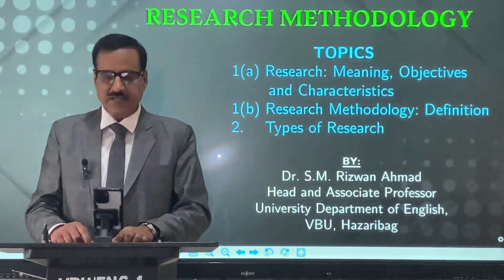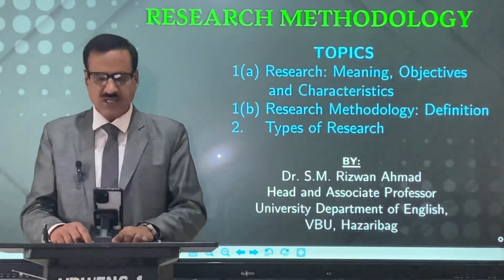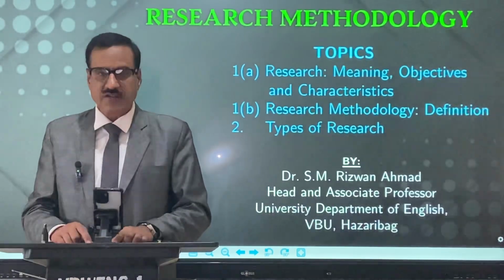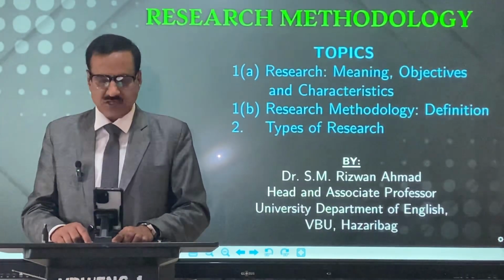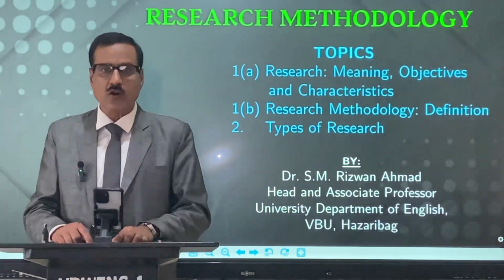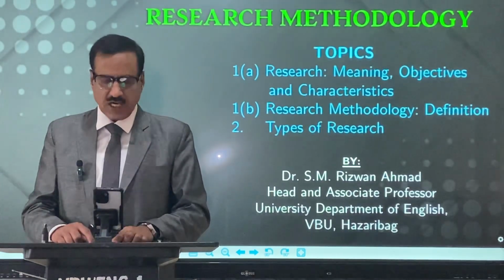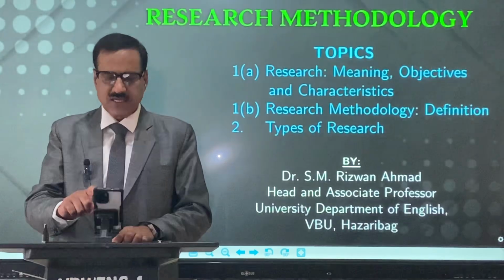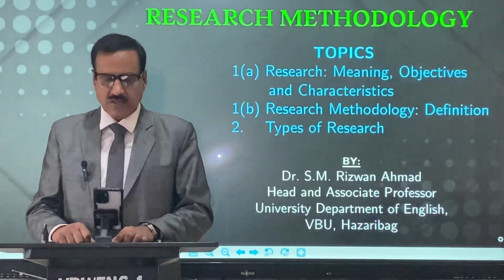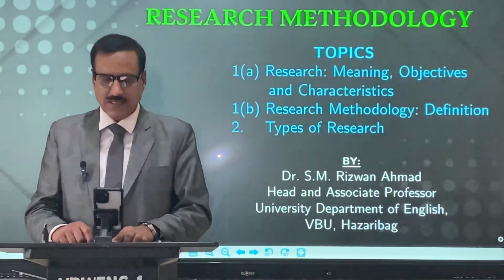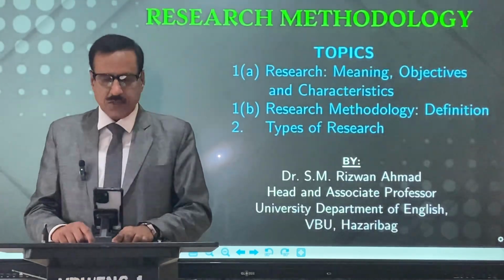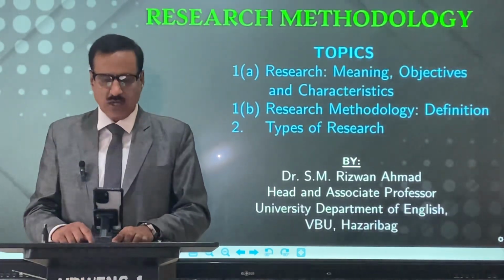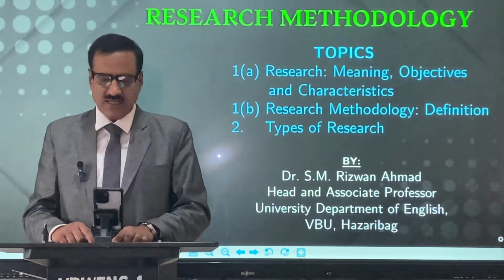It must be critical. Critical scrutiny of the procedures used and the methods employed is crucial to a research inquiry. The process of investigation must be free from drawbacks. The process adopted and the procedures used must be able to withstand critical scrutiny. The fifth one, it must be analytical. It should be kept in mind that a critical analysis of all data has been done so that there is no error in their interpretation.